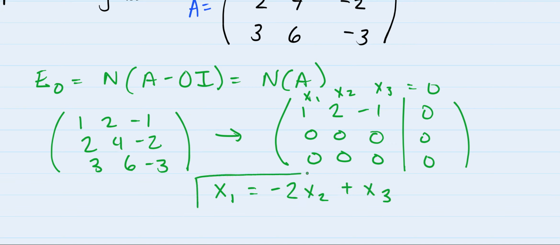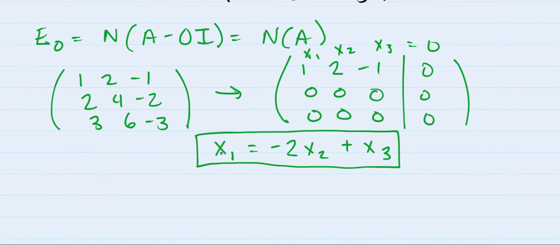So this is our defining relationship between those variables. And we can see that we have 2 free variables, so we can let x2 be r and x3 be s, and we get x1 is -2 r plus s,